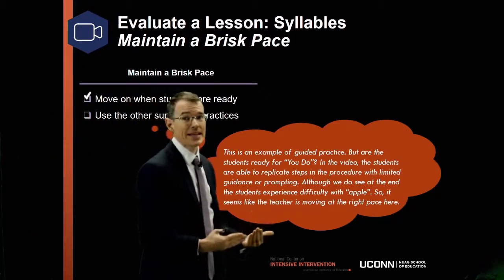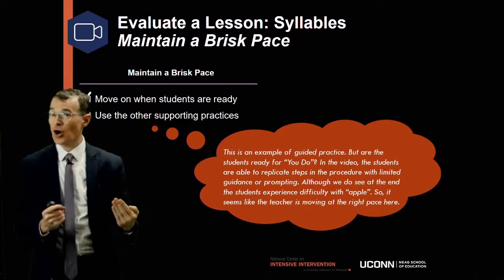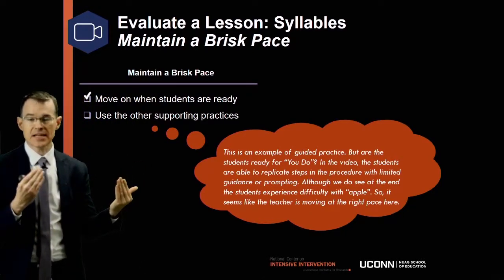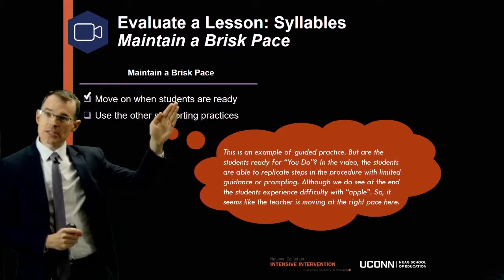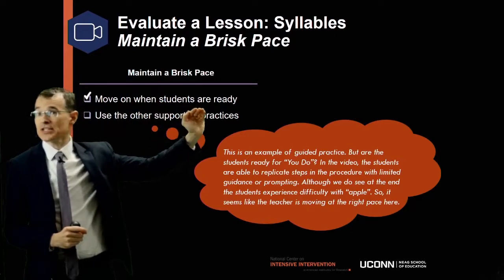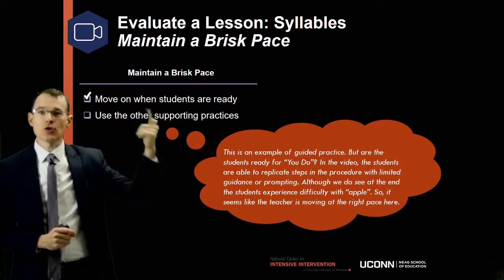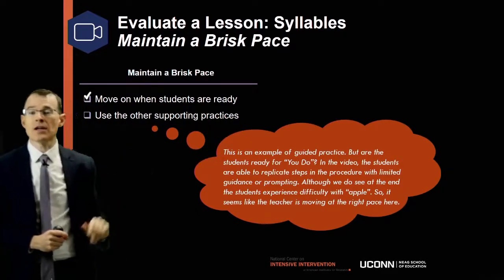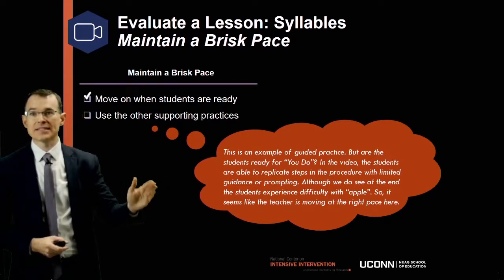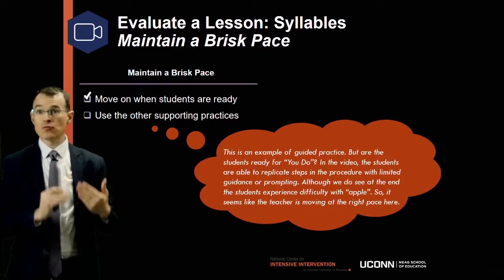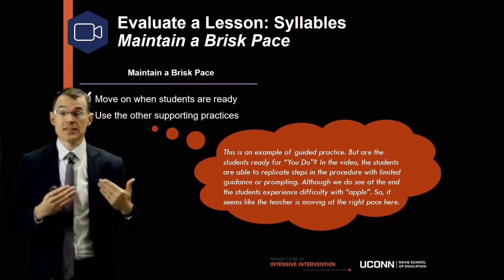Her pace initially is probably almost too brisk because she realizes students aren't with her entirely because they make the mistake on Apple at the end. So the teacher maintained a brisk pace, but she realized maybe the briskness was maintained at too brisk a pace, and she decided she needed to slow things down because the students were not ready to move on. So it's a good example of the teacher maintaining a brisk pace eventually by figuring out the right pace for the students. It's not just about going fast, it's about going at a pace that the students will understand the